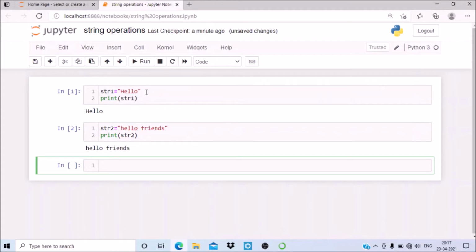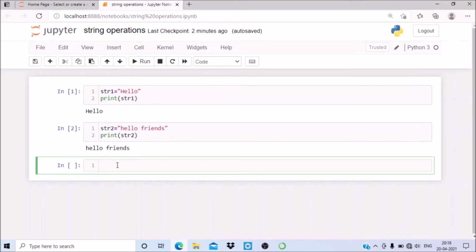In case of a string, the letters are stored at particular indexes and indexing begins with 0. So in string1, H is stored at the 0th index, E is at the first index, L at the second, L at the third index, and O at the fourth index. And in string2, the O is at the fourth index and the space is stored at the fifth index. Then F will be at the sixth. White spaces can also be saved in a string. Now in case of a string, you can perform various operations on it.